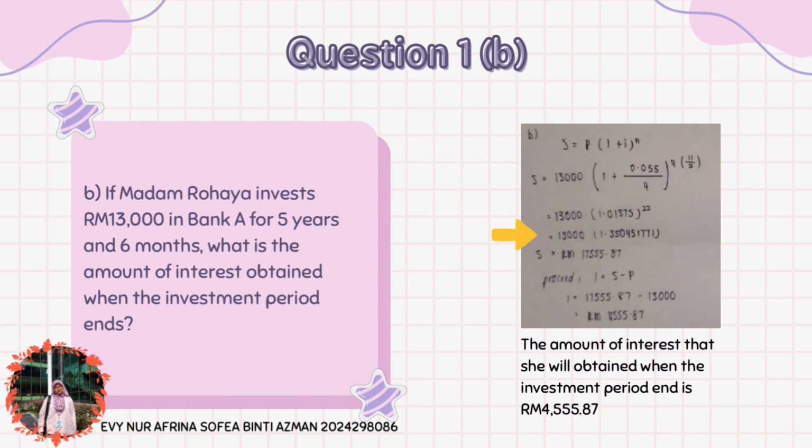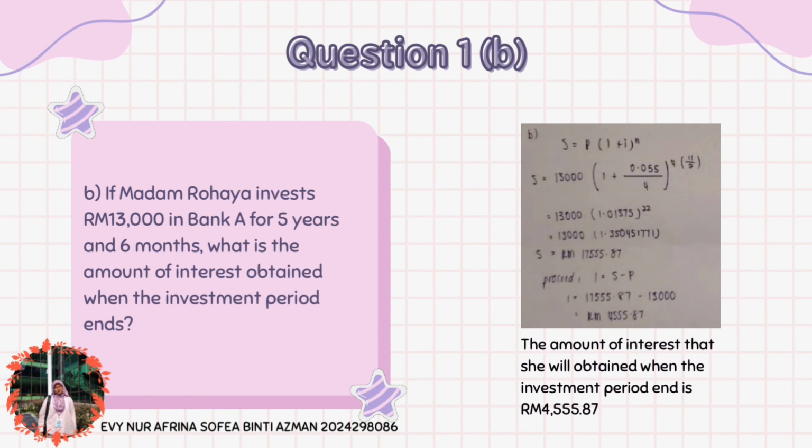After we calculate again, we will get 13,000(1.3504)(51771) and we will close the bracket. For us, we will get 70,555.87 cents ringgit Malaysian. For this question, it's asked what is the amount of interest obtained when the investment